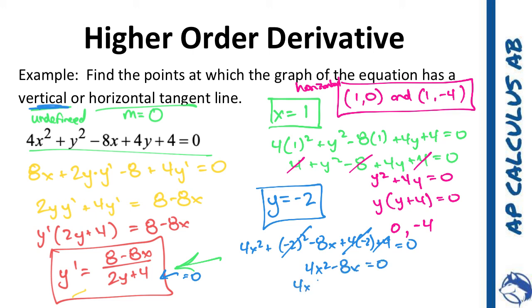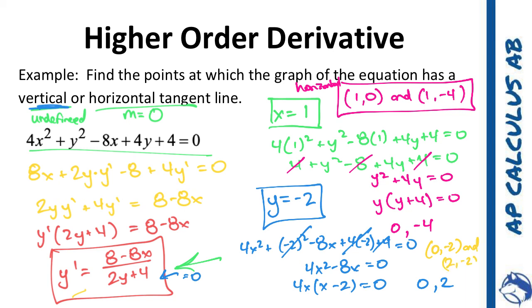So take out a 4x, and then I'm left with x minus 2. So same thing, x could be equal to 0 or a positive 2. And so when I do this, I know that I'm going to have 2 points, and those 2 points are going to be 0 comma negative 2 and